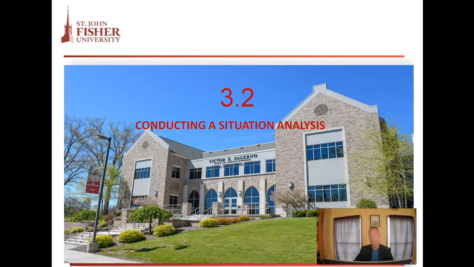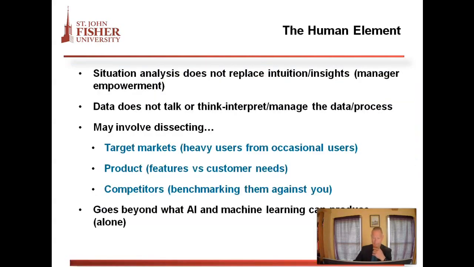Now, a situation analysis sometimes is confused with a SWOT analysis. We talked about SWOT analysis in the last chapter. This situation analysis is a little bit different. The first thing you start with is the human element, and that is taking a look at not just AI. We know AI is very important in the marketplace, etc., but the human element in gathering data is much, much more effective.